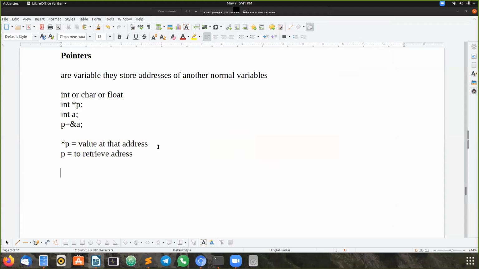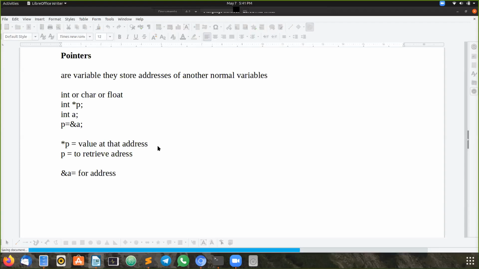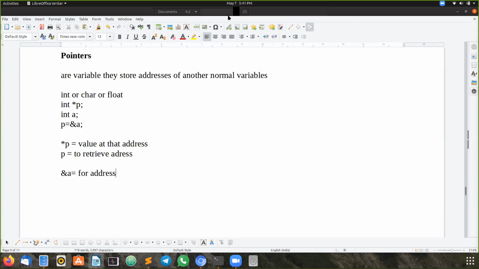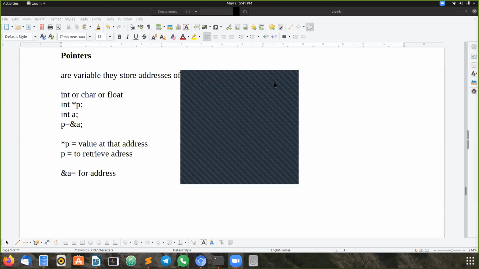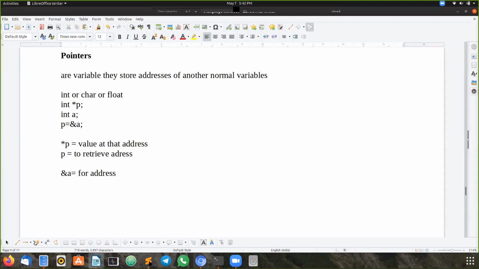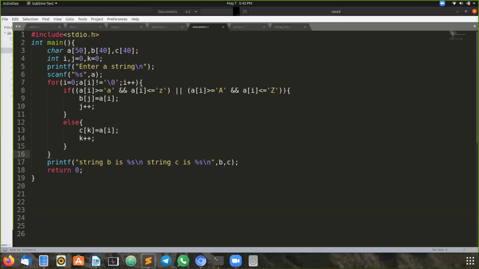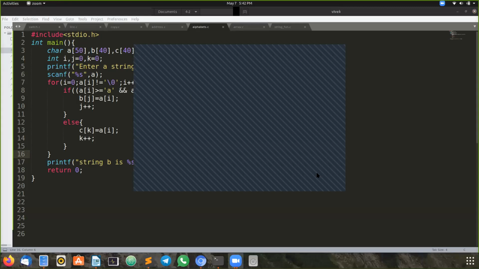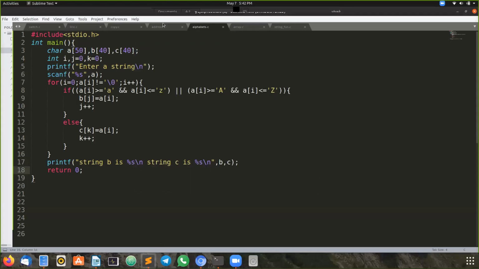But for normal variables, to retrieve the address, we use the ampersand symbol before that normal variable. Here in this example, int a is the normal variable. To retrieve the address, we use ampersand here. So I want to show you programmatically. Yesterday I have started this